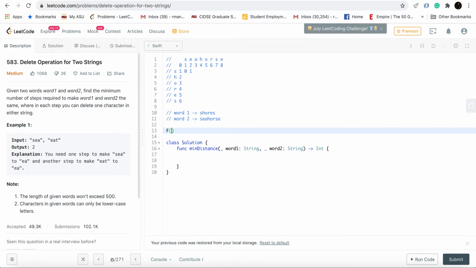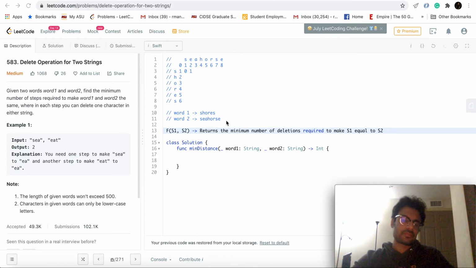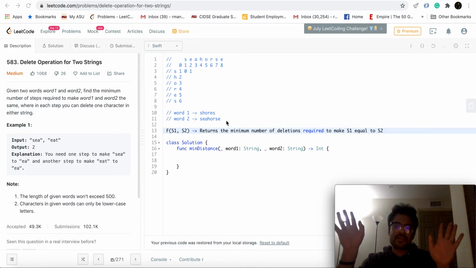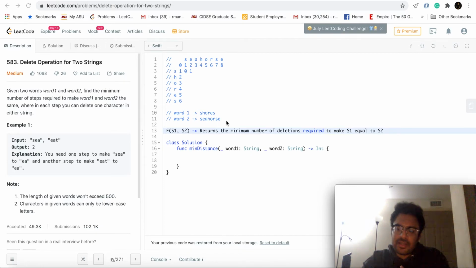Say you have a function f which takes two arguments s1 and s2, and returns the minimum number of deletions required to make s1 equal to s2. That is basically what the problem is.